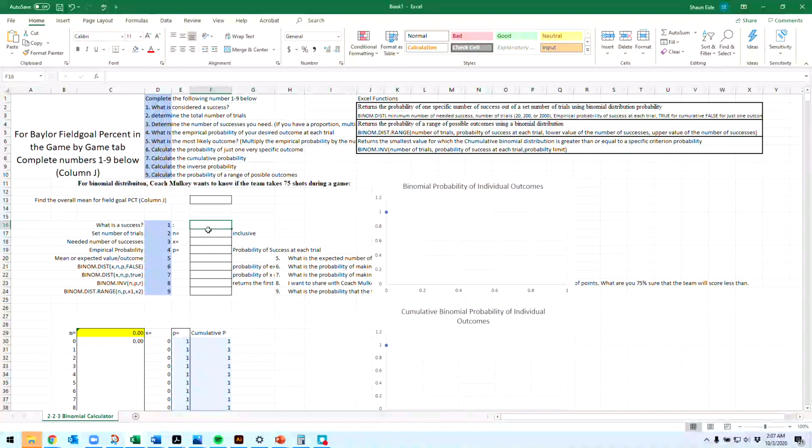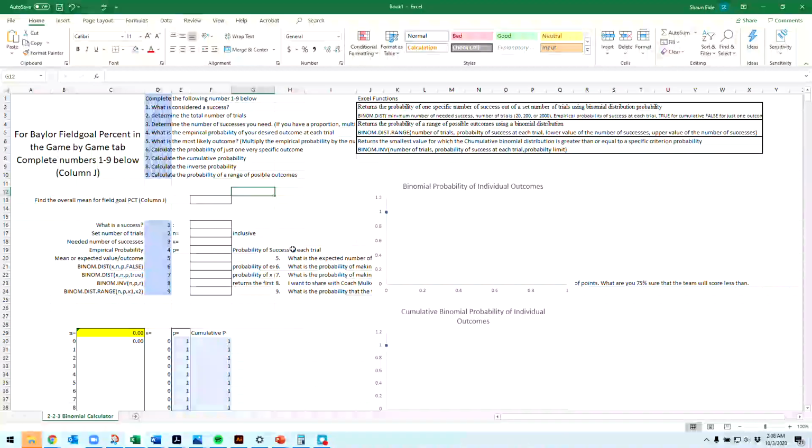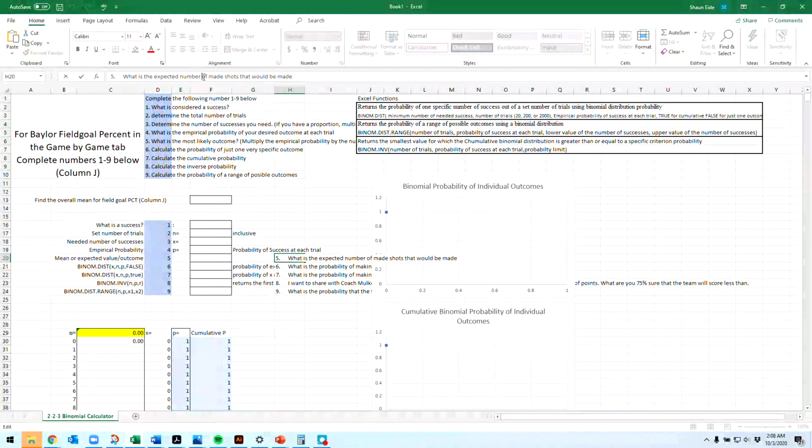So first of all, let's get rid of the stuff that is unique to the binomial distribution question about Coach Mulkey and her team. So we're going to delete that, and then, what's the expected number? Okay. And let's just make it so that it's not Coach Mulkey's information. What's the probability of making exactly